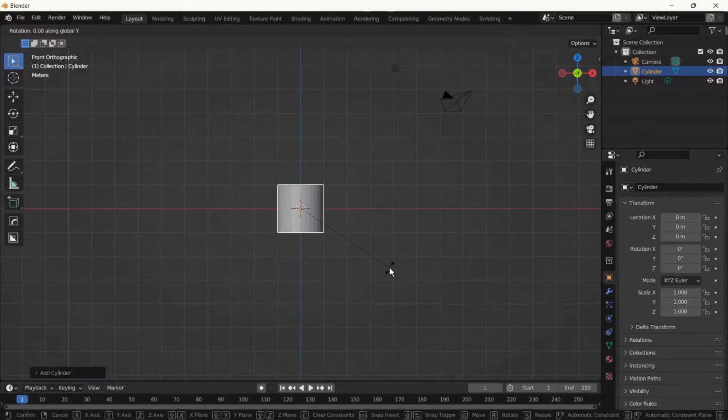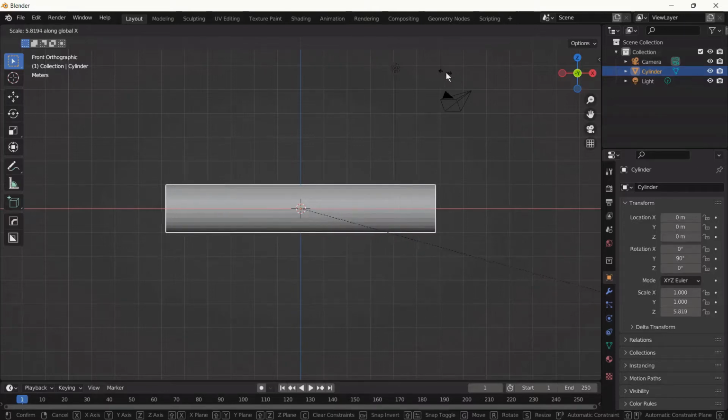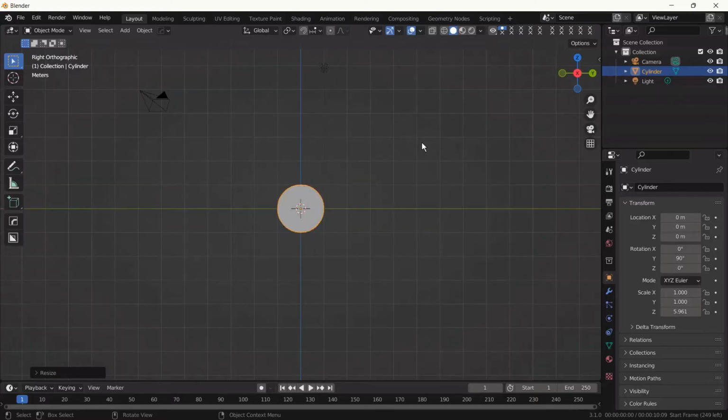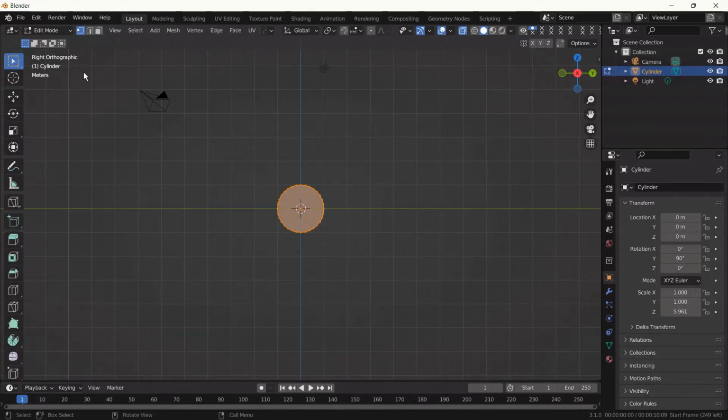Then we're going to rotate and scale it. We don't need the whole cylinder. We'll delete the faces. We'll only need the quarter of this cylinder. Yeah, we scale it for widening. Then we select the edit mode